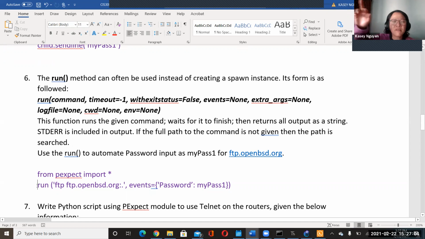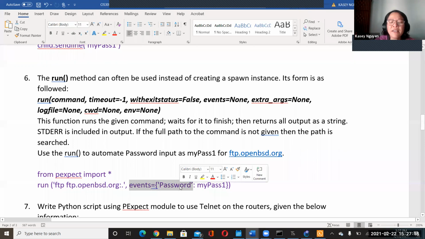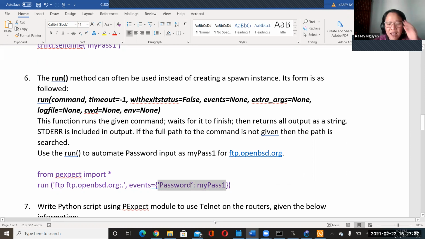If you have specified the object, then you would do a child.run. But for this one, we would say run, and then we would specify the service and the website. And then for us, we are going to handle it as events. And this is in a dictionary. So we would have it so the key is going to be password, and the value is mypass1.